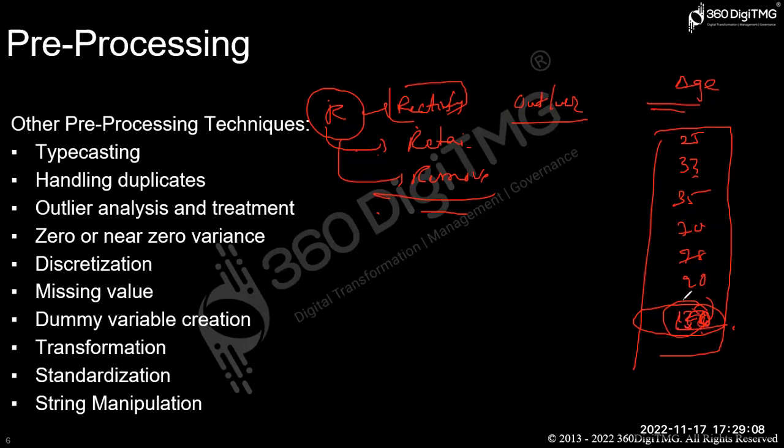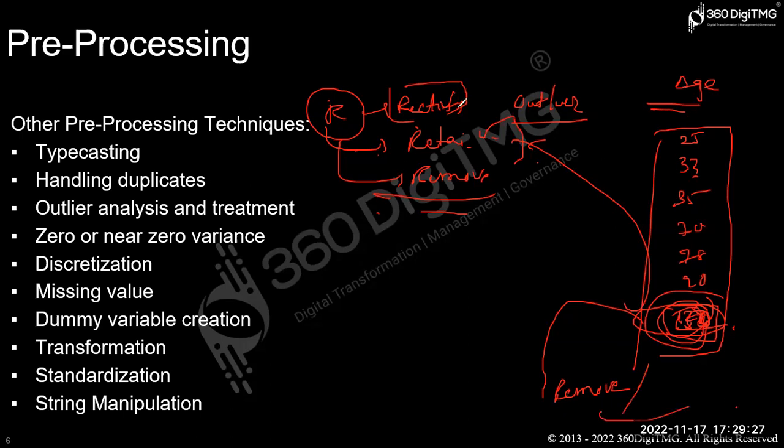So it is one of the anomalies. We will be rectifying that, checking whether it is a possible or genuine case or not. If it is not, we'll simply remove it. But if it is a genuine case, we'll retain it in the data frame, we'll keep it as it is. Rectify if it is very different from the main data, retain if it is genuine, and if it is not, we'll simply remove it. So this we will be calling the triple R technique.